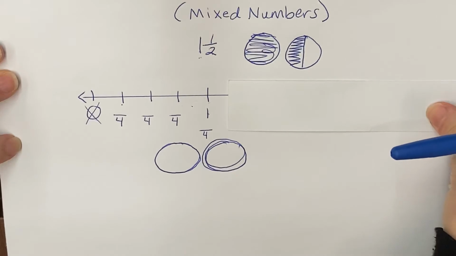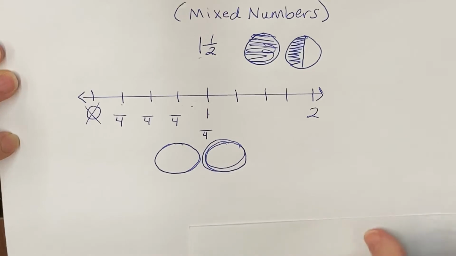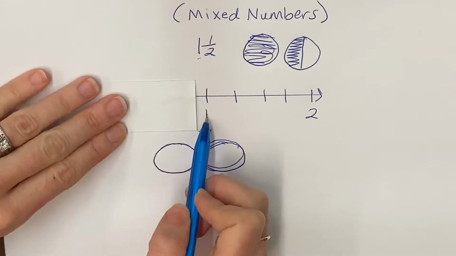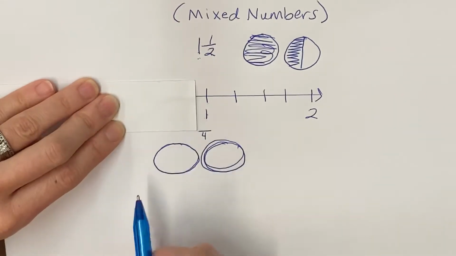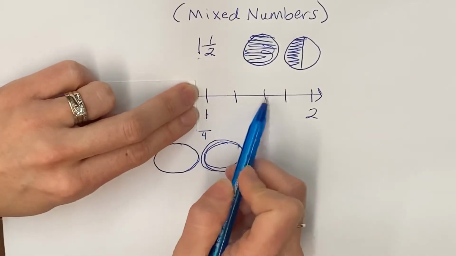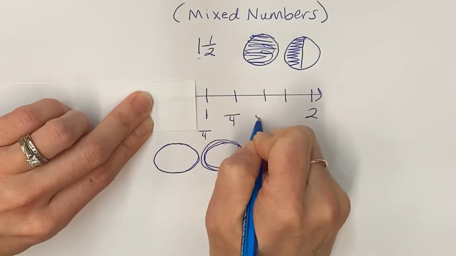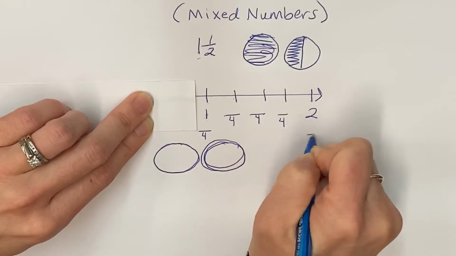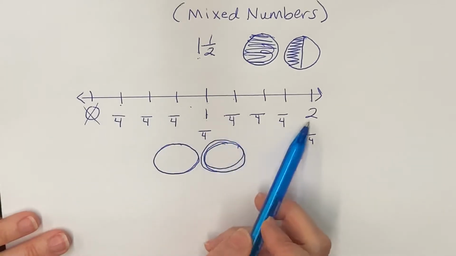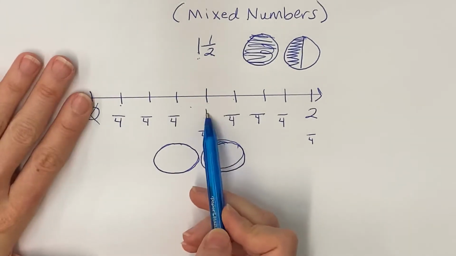Now, let's figure out from the 1 to the 2. Okay, so now we're going to pretend like we're starting here. Let's say this is the beginning of our number line, not 0, 1. We never count that first number, okay? So pretend it's not there. 1, 2, 3, 4, stop. Okay, the denominator is 4. All right, so now, look, the denominator for every single fraction is going to be 4